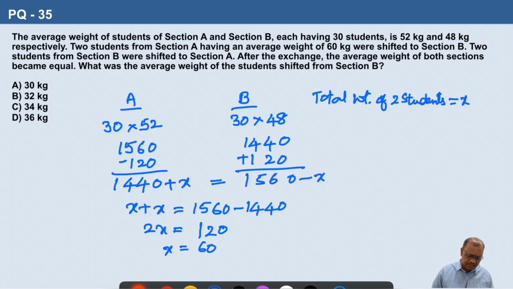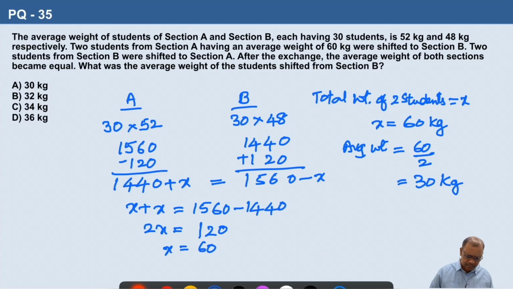So the weight of two students is 60 kg. The question is, what was the average weight of the two students? Total weight 60 divided by 2, so 30 kg is the average weight of the students